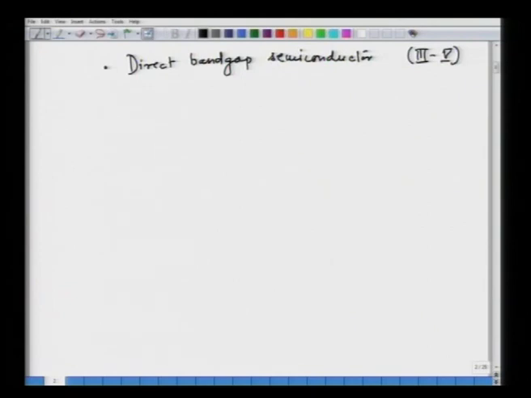Now, before I continue our discussion, I would like to make sure we are on the same page. If I am looking to make an optical device, obviously I am talking about only visible light, because our eyes are only sensitive to the visible light, which is basically going from red to blue,